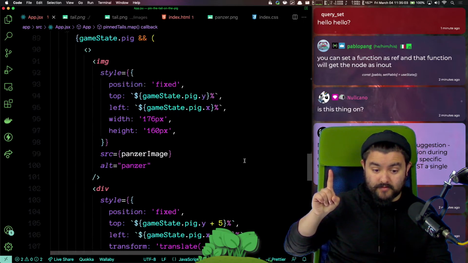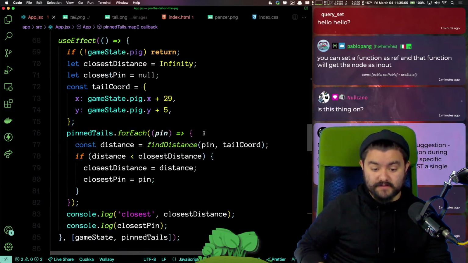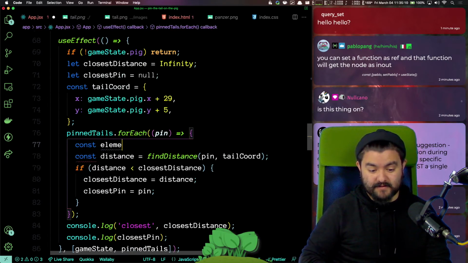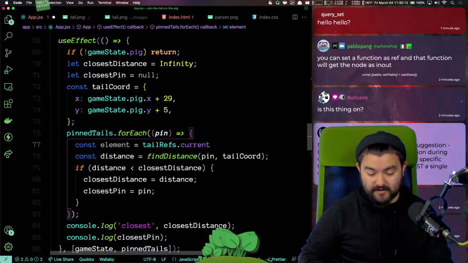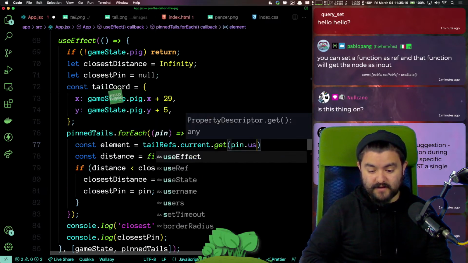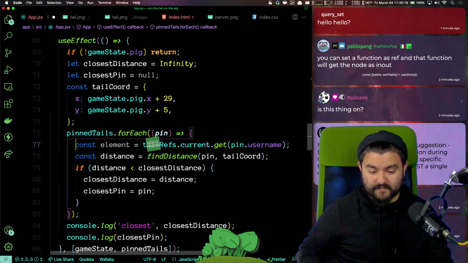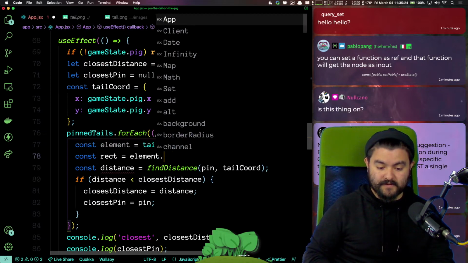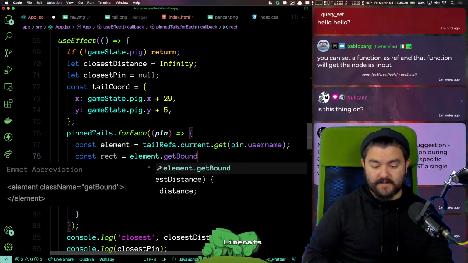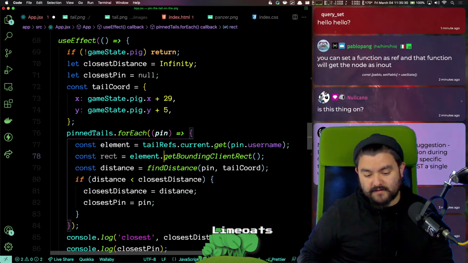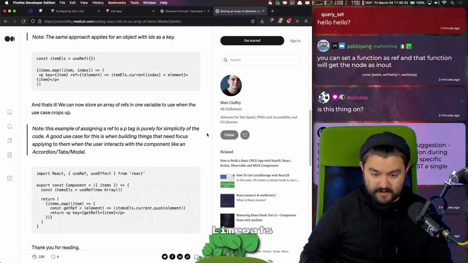Now, when we do this, we get the pin. We can get the element. That's going to be tailRefs.current.get(pin.username). And we can get the bounding client rectangle. getBoundingClientRect. Is that the right function name?